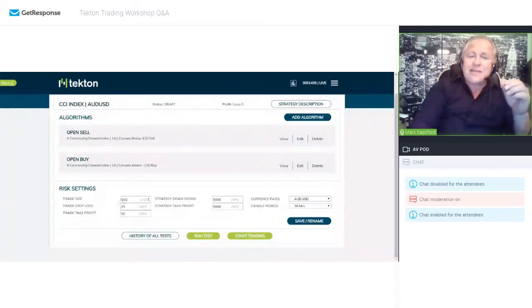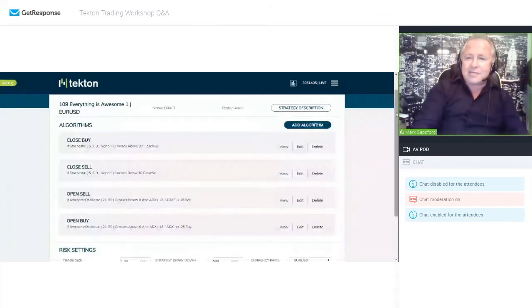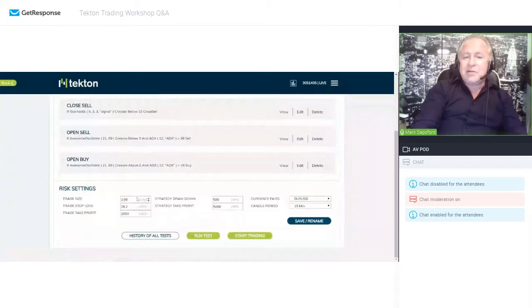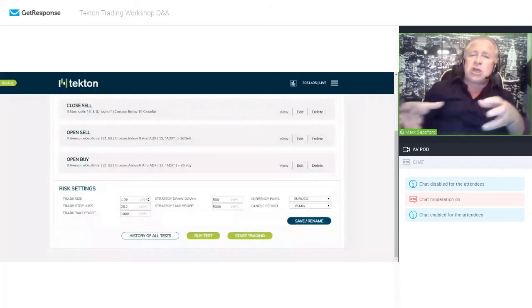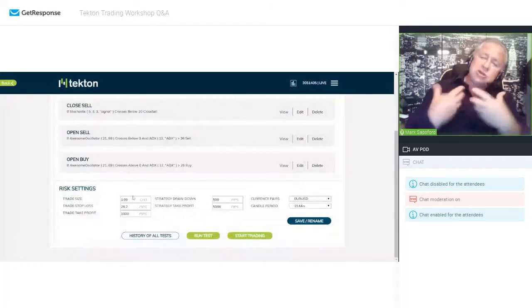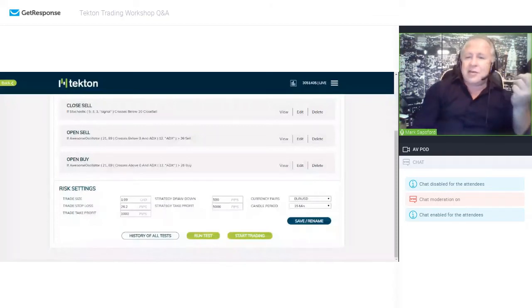But don't just leave this as 1. For example, this one here is set at 1.09, so again, it's quite an exact number, so presumably this one's been risk managed correctly. But if you just import or copy a code and let it run at 1 CFD, but you've only got a small trading account size, it won't execute, because of insufficient funds to trade with.